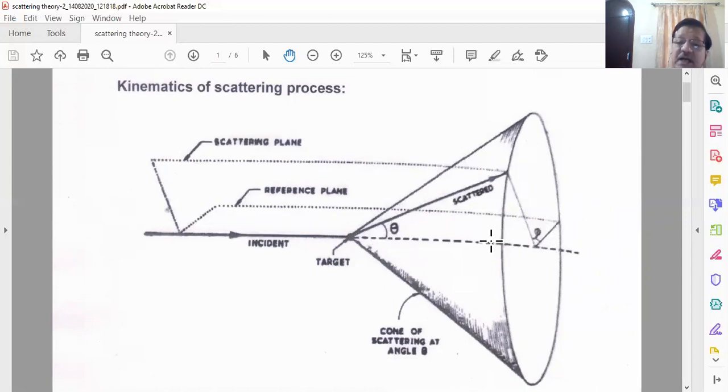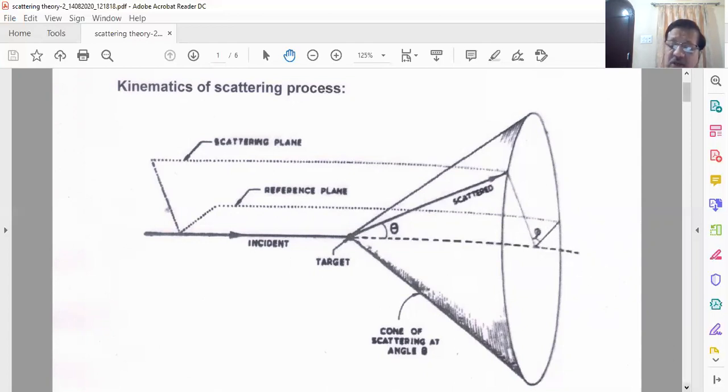We have discussed last time that our polar axis is the z-axis. Over the z-axis, at the origin, we have kept the target, and the target is at present stationary. You may have a heavy target or a light target, and you have the two polar angles theta and phi, which describe the scattering process. The direction of the scattered beam is characterized by the two polar angles theta and phi. So that we have discussed.